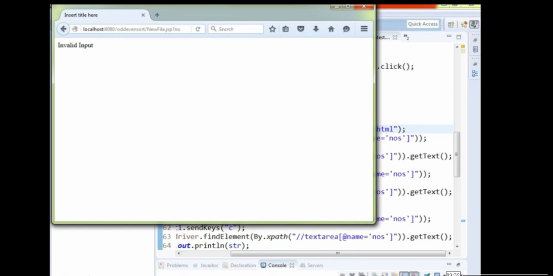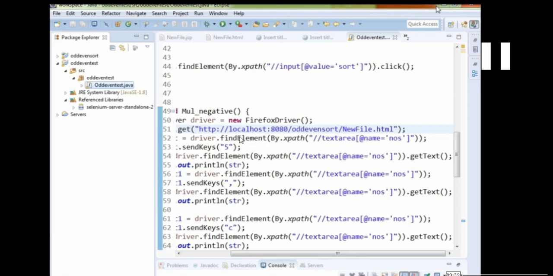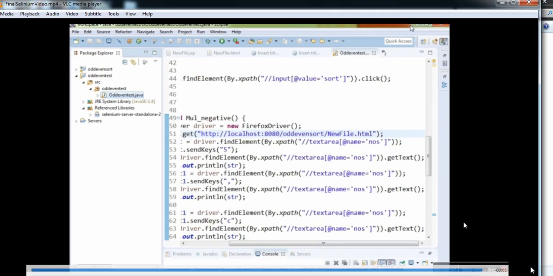So in this video, I have revised how to create a dynamic web project for an odd even sort, in which I have an HTML and a JSP page. Then I have created the Java project. In that I have written Selenium code for testing. In this Java code, I have carried out the automation testing by Selenium in the Firefox browser. I hope you have understood the many of the